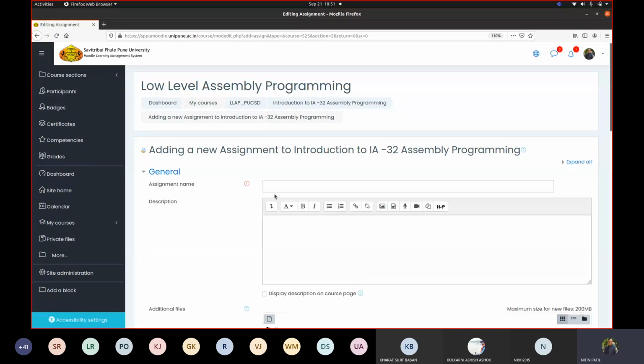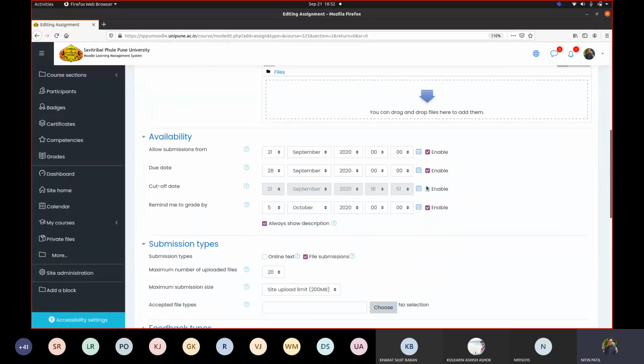You have to only add ASM file. Okay, I'm enabling this submission till 7:15 only.